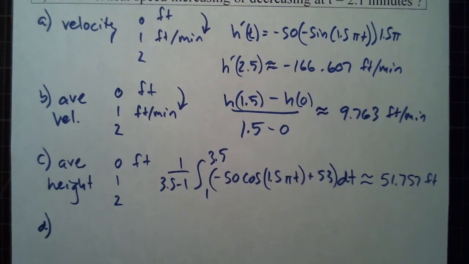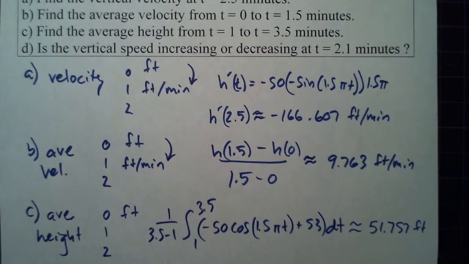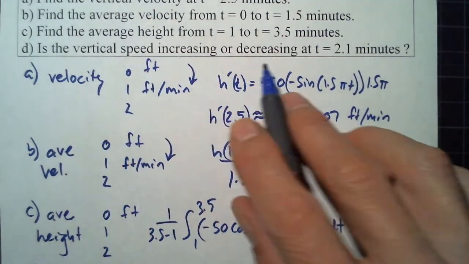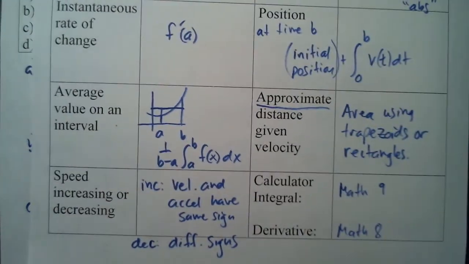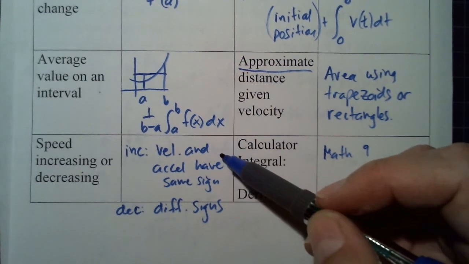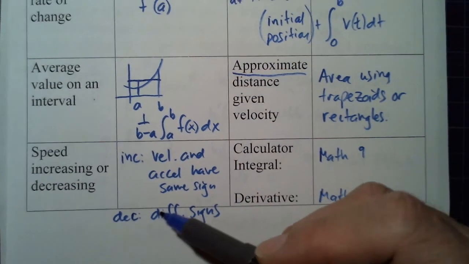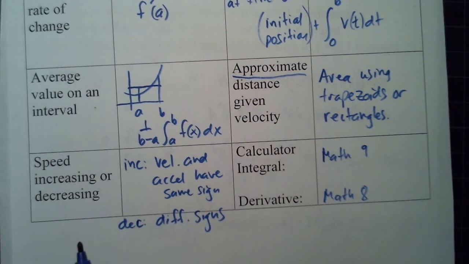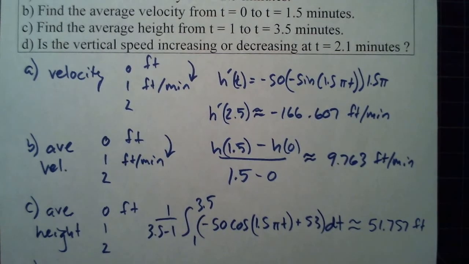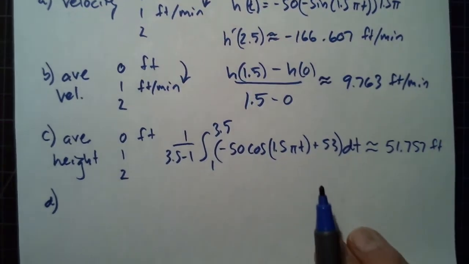Okay, is the vertical speed increasing or decreasing? Speed increasing or decreasing, so that means we look at this strategy. Increasing speed, velocity and acceleration have the same sign. Decreasing speed has different signs for velocity and acceleration. So we have